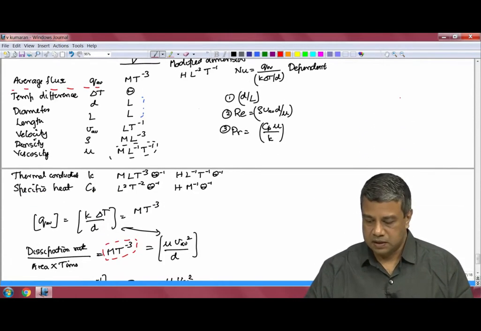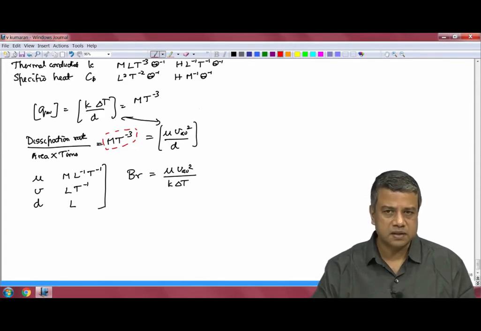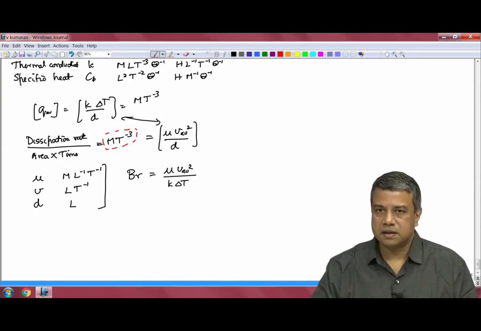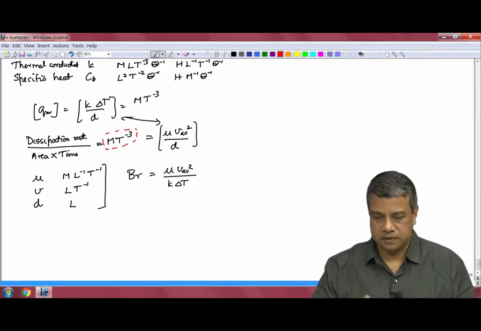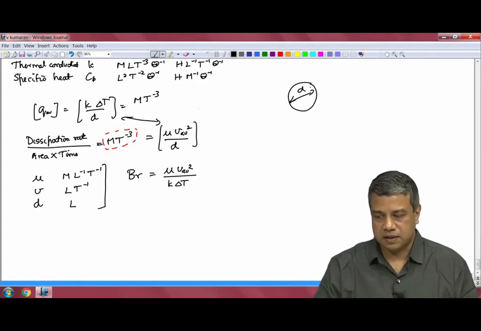Okay. So, this one we solved for the heat transfer in a pipe. We will come back and look at this in further detail a little later on. A similar analysis can also be used for heat transfer from a particle, for example. In that case, you have only one length dimension, d, and the